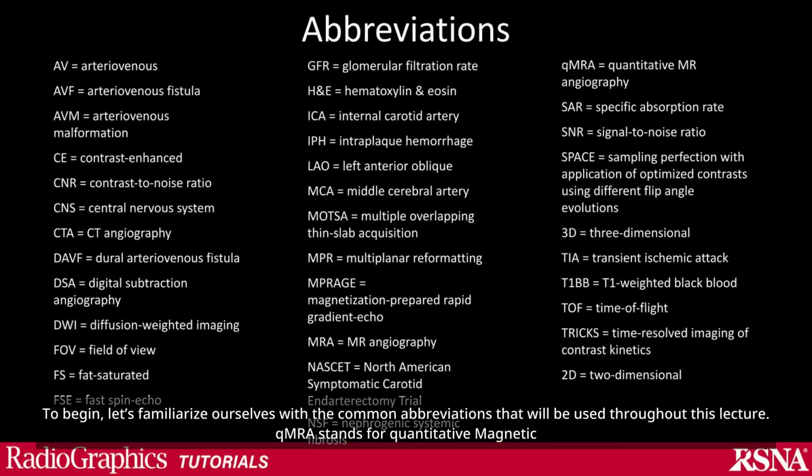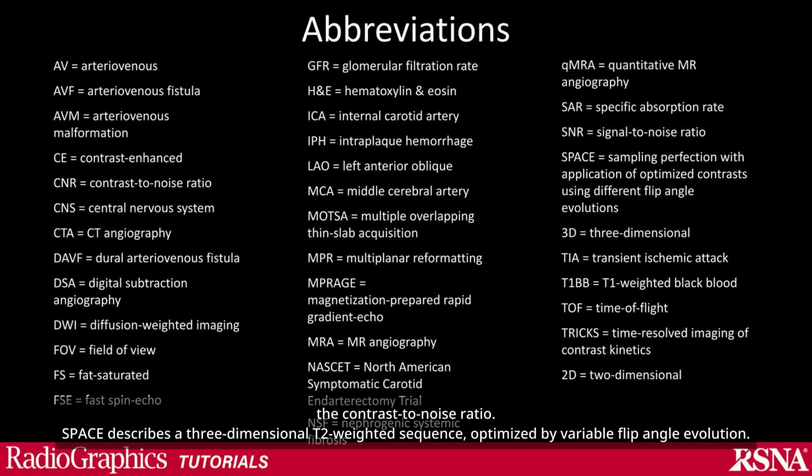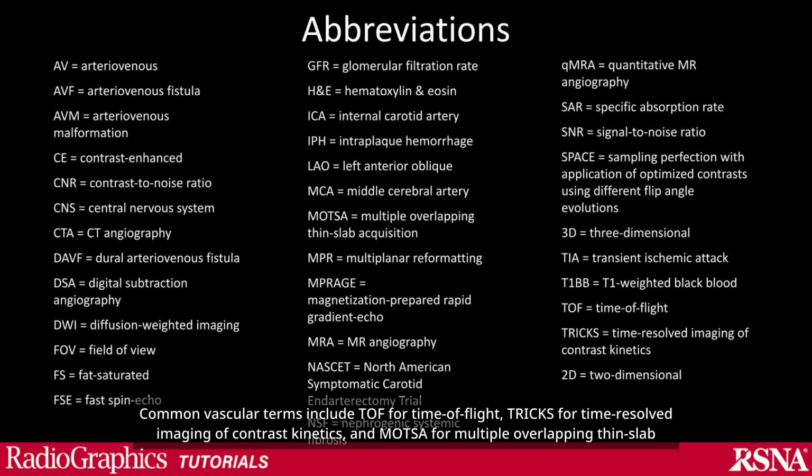qMRA stands for Quantitative Magnetic Resonance Angiography. SAR refers to specific absorption rate, a measure of radiofrequency energy deposition. SNR is the signal-to-noise ratio, while CNR is the contrast-to-noise ratio. SPACE describes a three-dimensional T2-weighted sequence, optimized by variable flip angle evolution. Common vascular terms include TOF for time of flight, TRICS for time-resolved imaging of contrast kinetics, and MOTSA for multiple